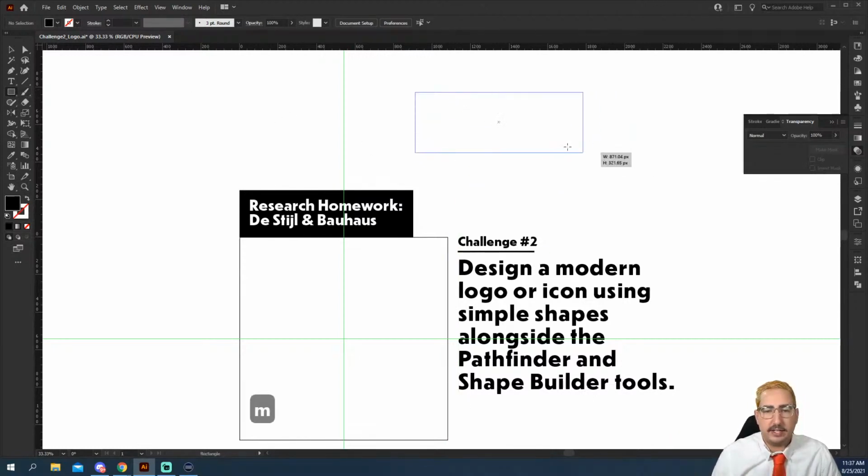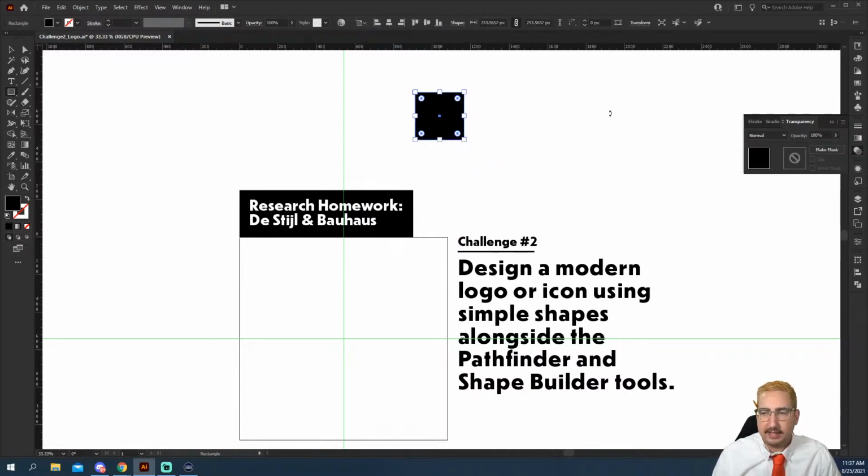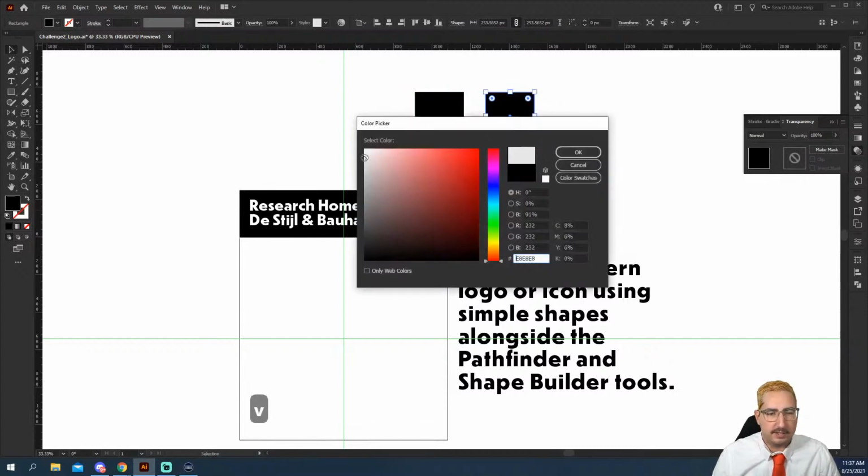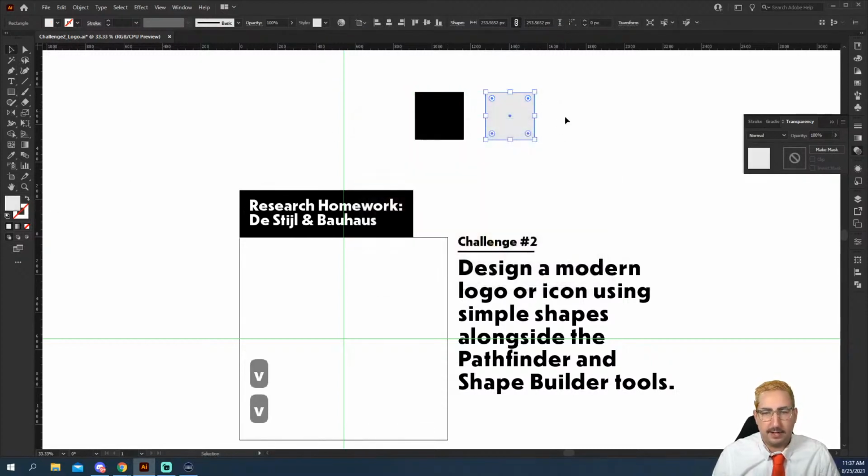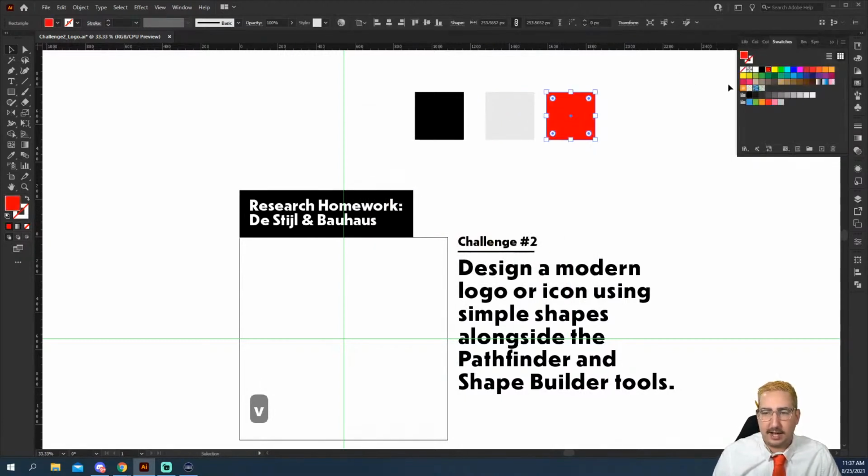And here we can click and drag, and you can see that it's pinned to where I started the click, and then it continues out from there. We can hold Shift to make a box, which is proportionate. And we're just going to make that box there. And of course, we're going to use black. We're going to use a little bit of a gray. I don't like using full white. And then we are going to use a red just out of our swatches panel here.